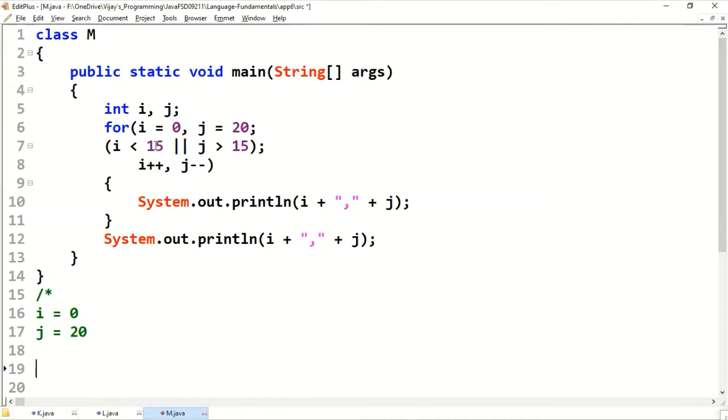Zero less than 15. Going inside, printing the current i value and j value. i value 0, then comma. Here we are using comma. To avoid the confusion, I'll simply go for colon itself.